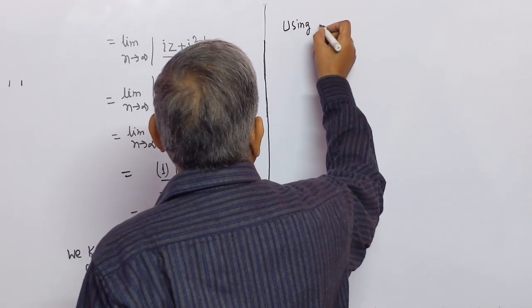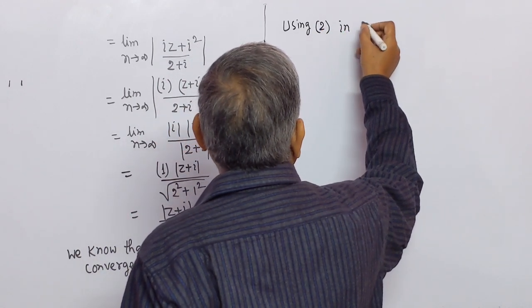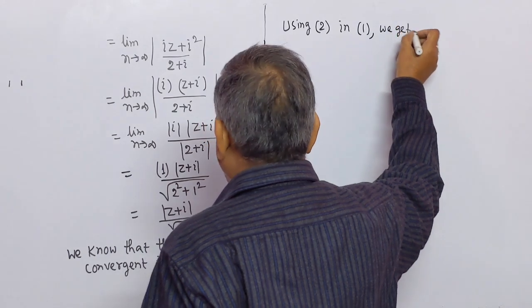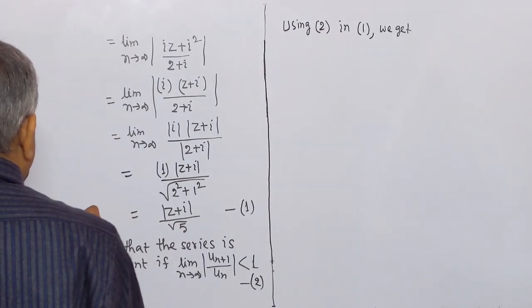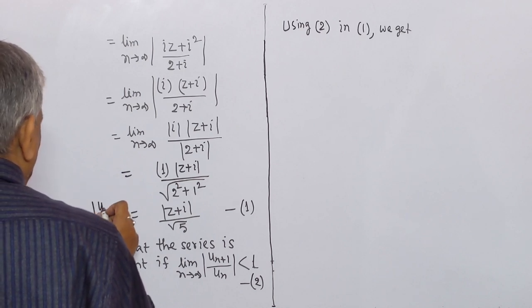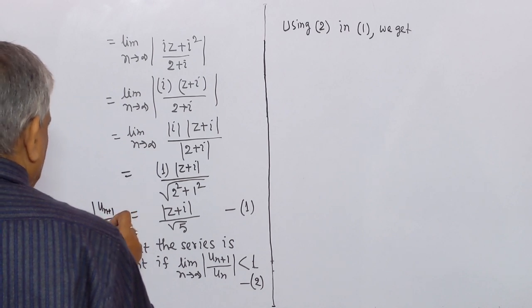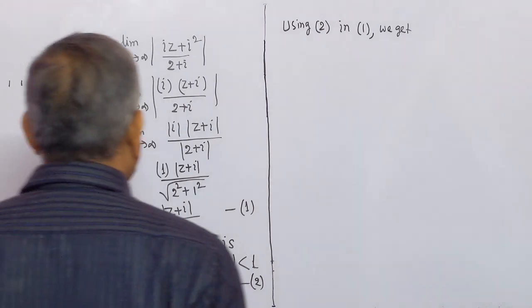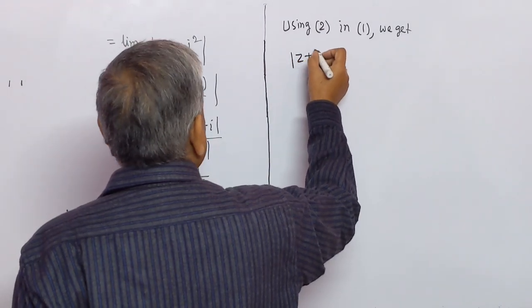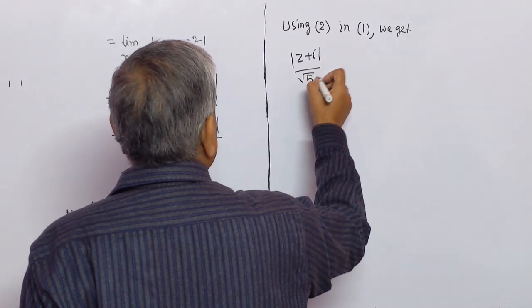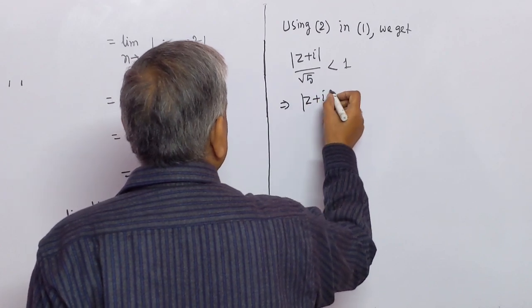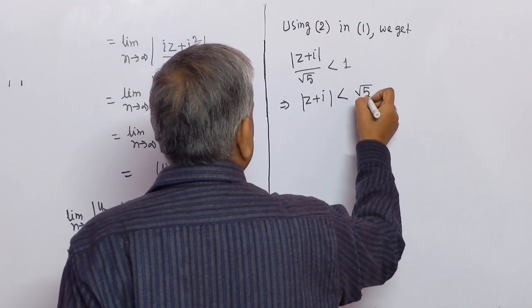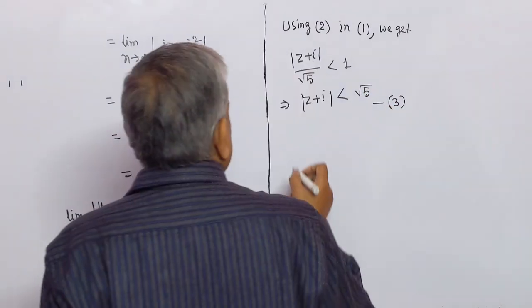Using 2 in 1, we get limit n tends to infinity modulus of u_(n+1) by u_n, modulus of z plus i by square root 5 less than 1, which implies that modulus of z plus i is less than square root 5. This is number 3, which means